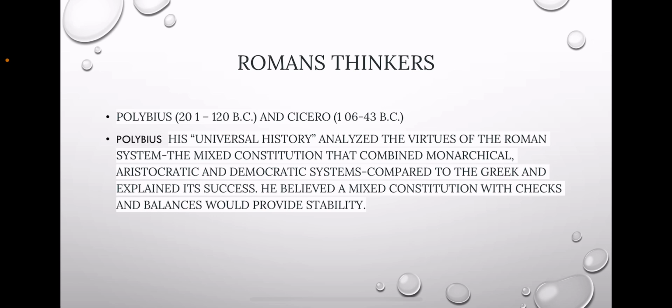He introduced the mixed constitution that combined monarchical, aristocratic, and democratic systems, compared to the Greek systems explained earlier by Aristotle. He believed a mixed constitution with checks and balances provides stability. So we see that concern for the comparative study of regime types reappeared later, in the 15th century,